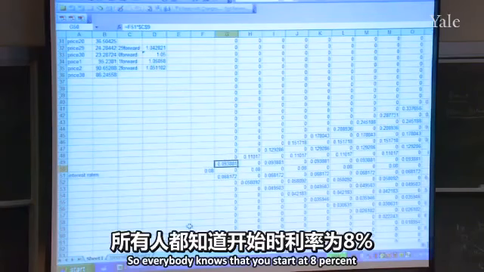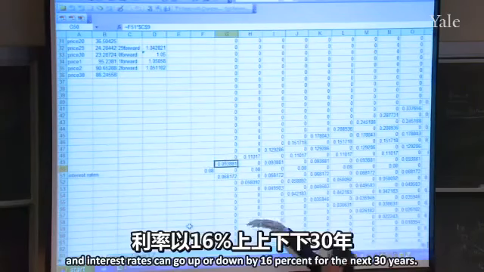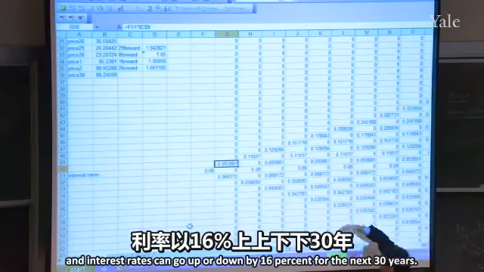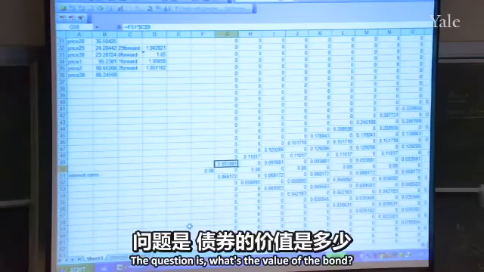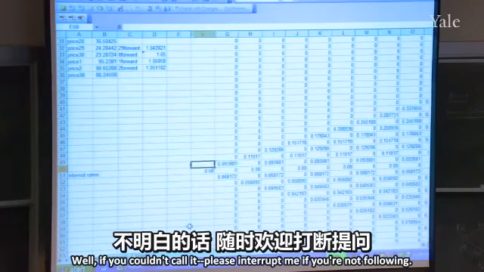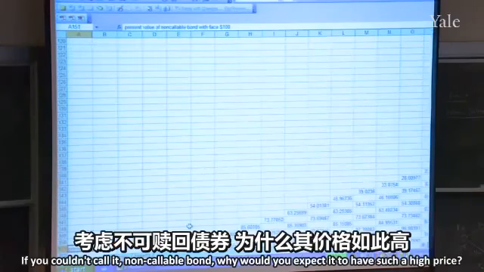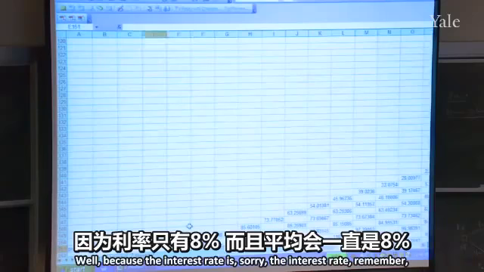So everybody knows that you start at 8%, and interest rates can go up or down by 16% for the next 30 years. The question is, what's the value of the bond? Well, if you couldn't call it, okay, please interrupt me if you're not following. If you couldn't call it, a non-callable bond, why would you expect it to have such a high price? Well, because the interest rate,